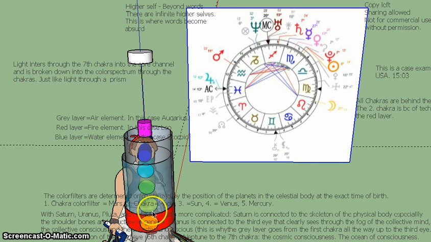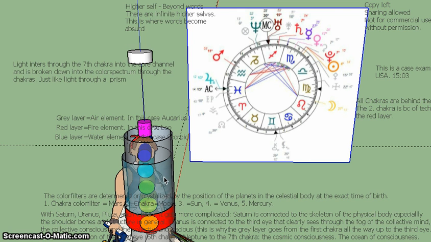Let's continue to the third chakra, which is the solar plexus here. It's the color yellow. Solar plexus chakra, you can almost hear it in the name. It's connected to the sun, and the symbol for the sun is this sign. In this specific case, the sun was in Scorpio, and Scorpio is a water element, and hence the color blue. You might not be able to see it, but this is supposed to be blue and transparent.